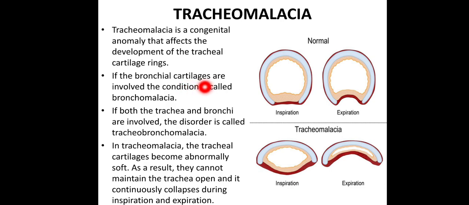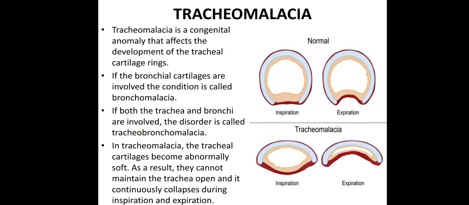If the bronchial cartilages are also involved, the condition is called bronchomalacia. And if the trachea and bronchi are both involved, the disorder is known as tracheobronchomalacia. If this condition occurs only in the trachea, it's known as tracheomalacia. If it occurs in the bronchial cartilage, it's known as bronchomalacia. But if the condition affects both trachea and bronchi, it is known as